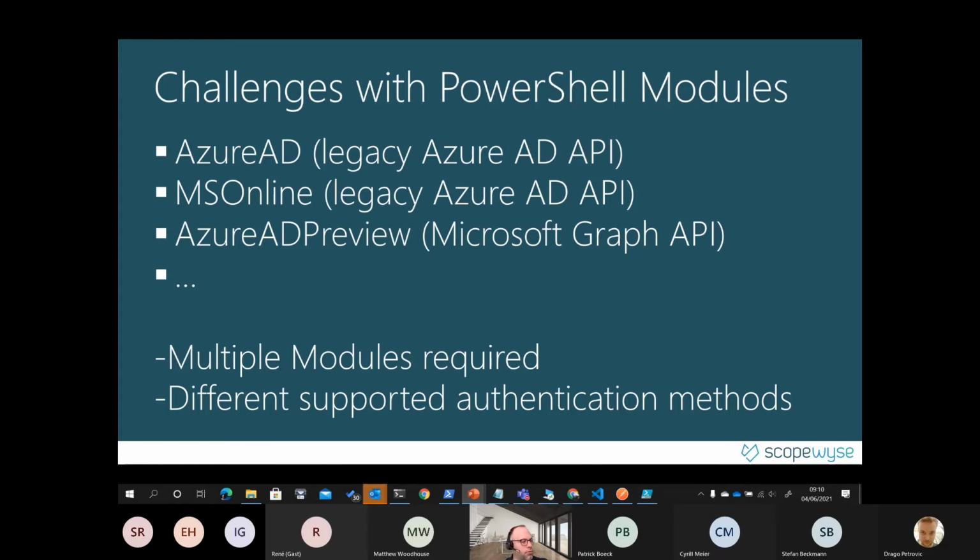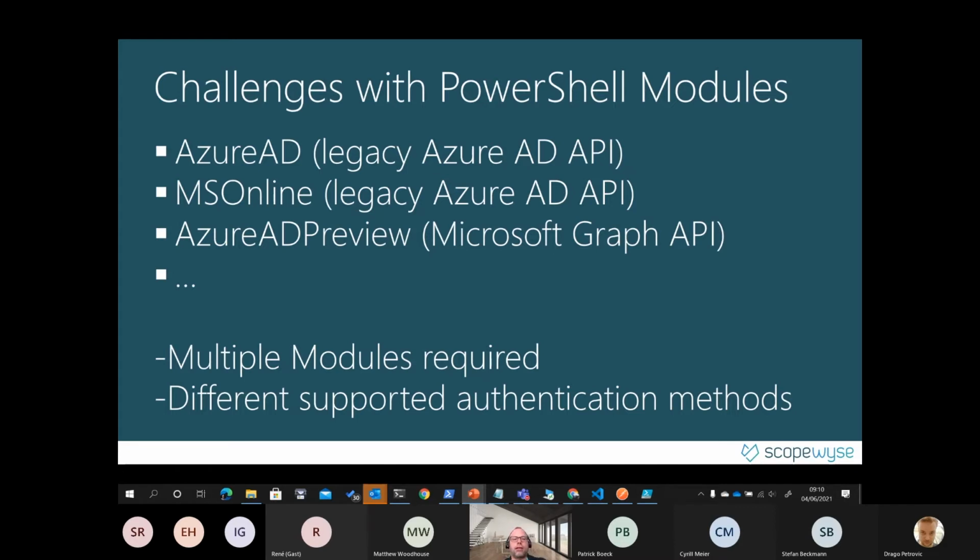This PowerShell module has been in preview since forever, and it doesn't seem to get out of preview soon. So, to make it easy for now, to be able to automate all the different ways to interact with Azure AD,